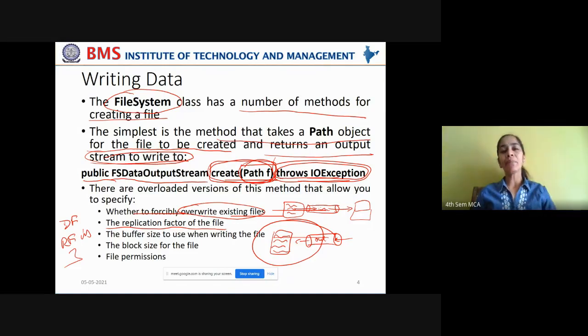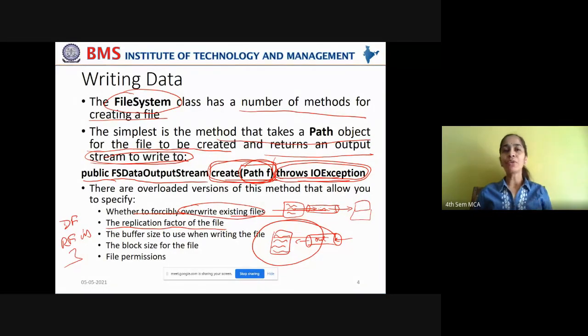And sometimes the data may be critical, where you can't take the least chance of losing the data. In such cases, you would feel like increasing the replication factor to 5 or 6.